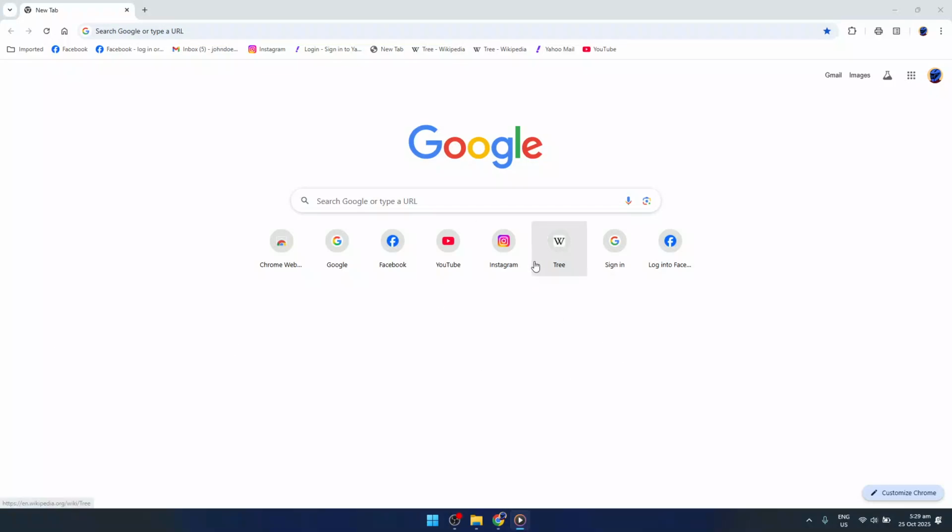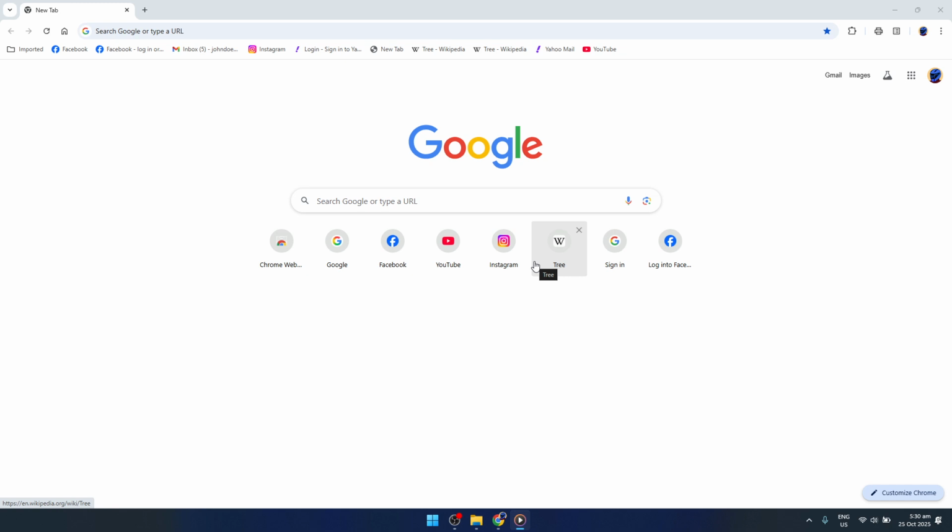In today's video, I'm going to teach you how to fix the issue of your mouse cursor disappearing in Google Chrome. This is a common problem that many users face, and it can certainly be a bit frustrating when you're navigating through your browser and suddenly lose track of your cursor. But don't worry, I'll walk you through a simple fix that should resolve this issue and get your browser functioning